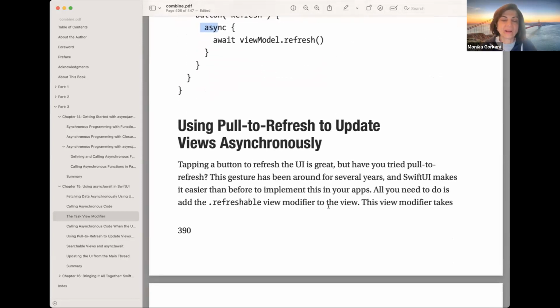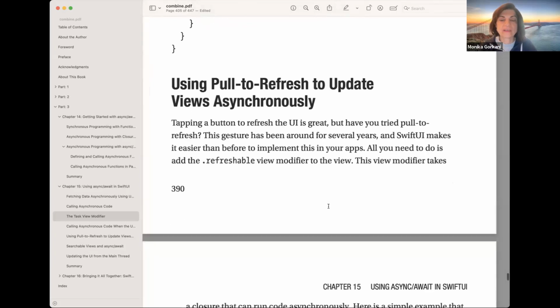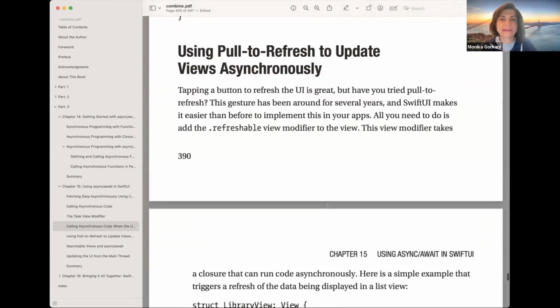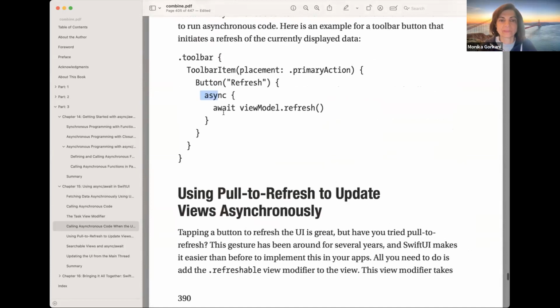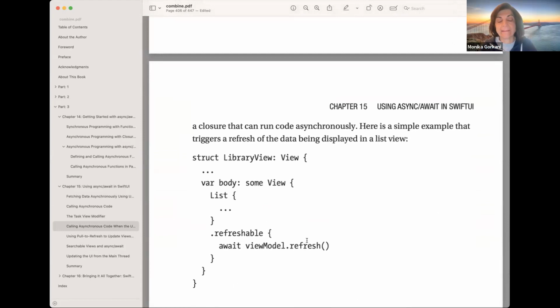And then what I was mentioning about that refreshable view modifier. There are a lot of times where we want to refresh the view. So instead of a button, like how we're doing it here, we could do the whole pull to refresh. Now there's a nice, convenient view modifier where you just put .refreshable, and then it's kind of,